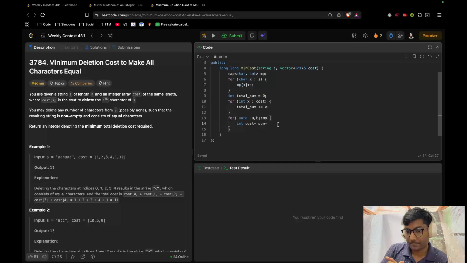So let's say the cost of A is, okay, I can just add up all the costs plus equal to this. Okay, then I need this for loop to be iterative, i less than or equal to